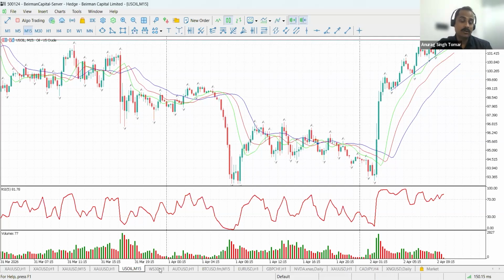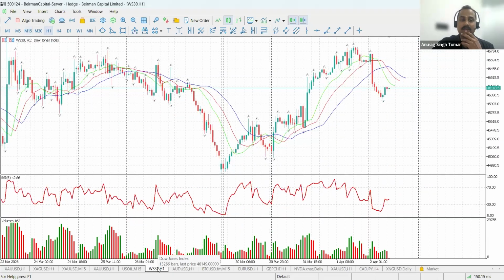Now let's have a look at the indices, and what they are telling. Let's see why I look at indices every time: I need to focus on what kind of sentiment is being conveyed by the market to me, whether it is a risk on sentiment or a risk off sentiment.